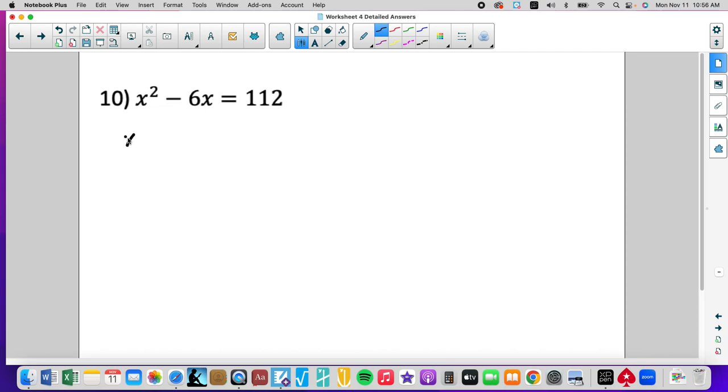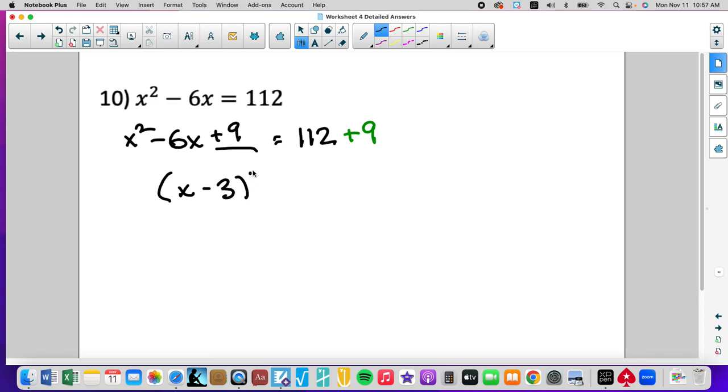Okay, so we have this. We want to add our constant. What value? Take half and square. Half is negative 3, squared is a positive 9. And we have to add 9 to both sides. This is going to create minus 3 squared. We take the square root of x squared. We take the square root of 9. This sign has to come down. And this gives us